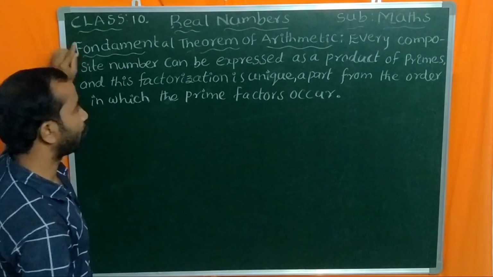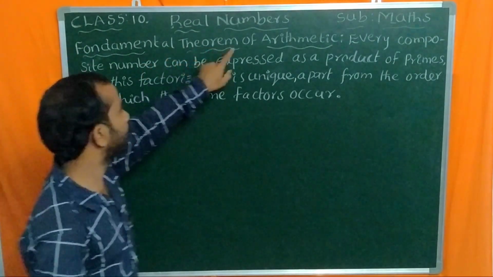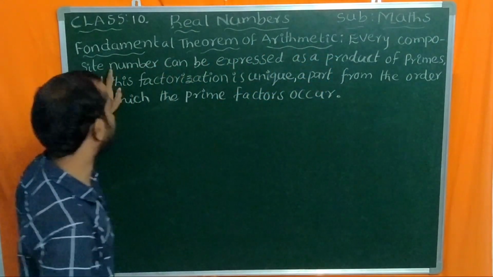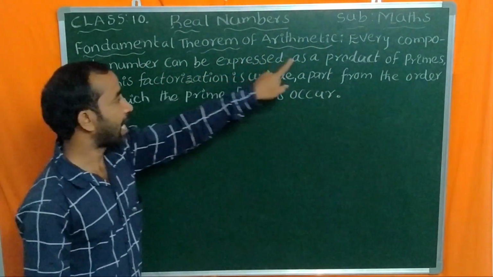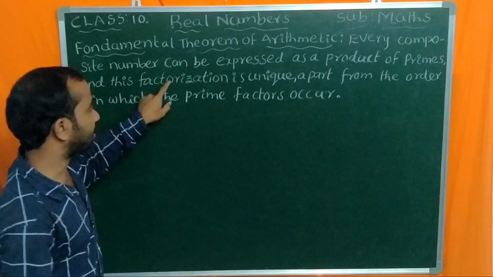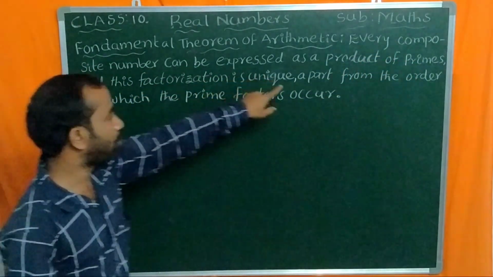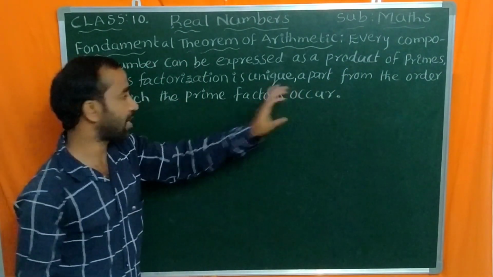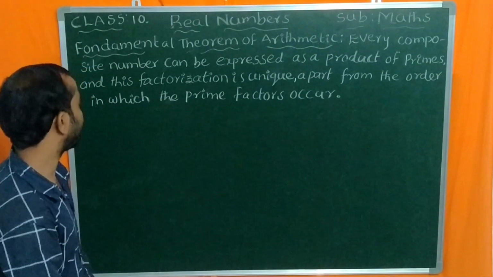Next theorem, the fundamental theorem of arithmetic. Every composite number can be expressed as a product of primes, and this factorization is unique, apart from the order in which the primes occur. For example,